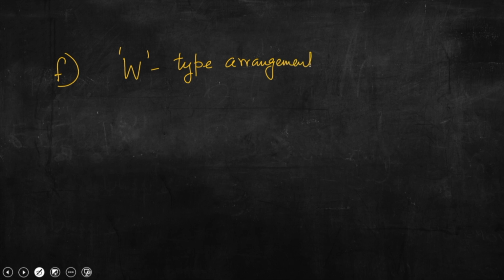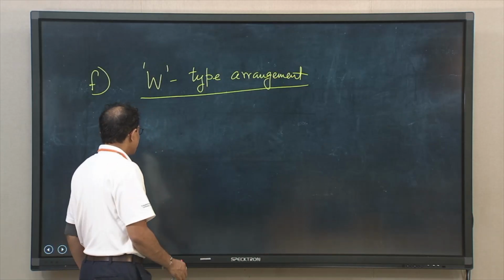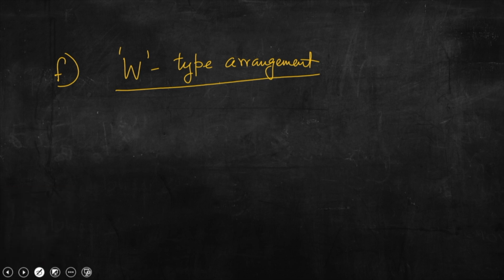Now, let us look into the next type, that is called W engine or W type arrangement. Again we have to draw the schematic depiction to understand the operational principle. Again this is a sort of extension of V type. So, if we draw the schematic depiction of this particular type, again there will be